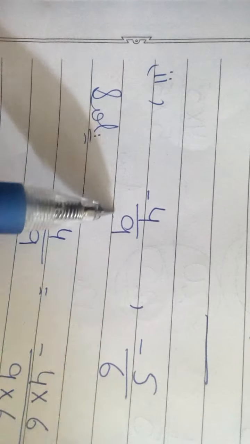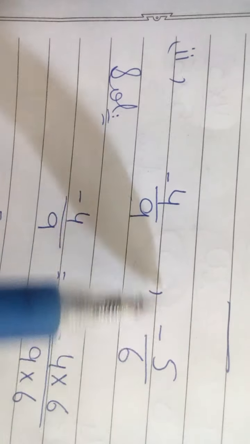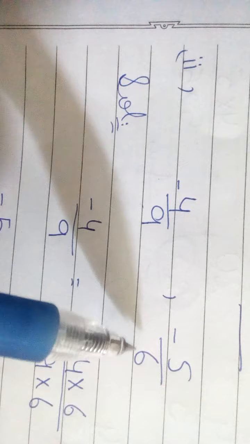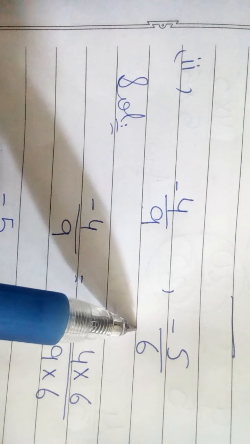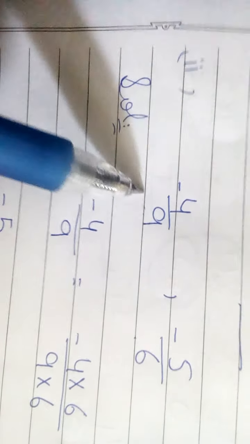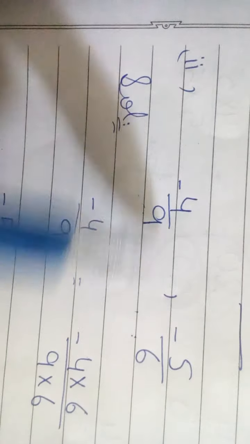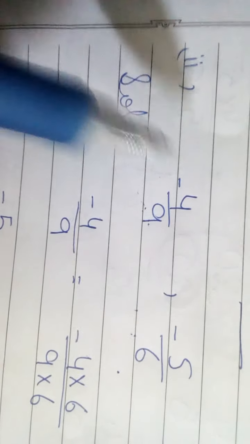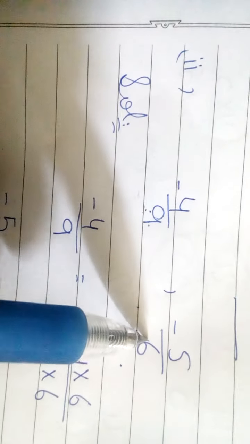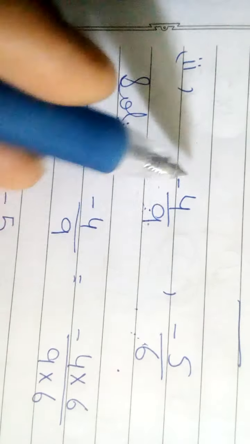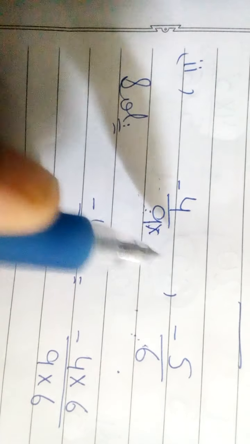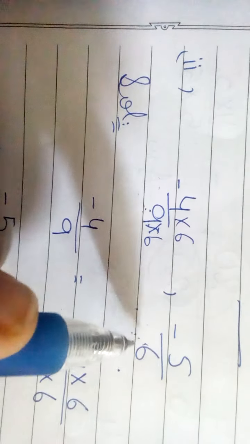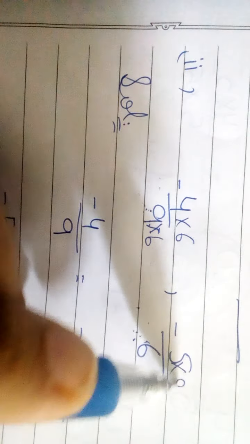Second is minus 4 by 9 and minus 5 by 6. Most important, you check 9 and 6. What do we do? 9 and 6 are both different. First we have to make the denominators the same. So there is a 9 and there is a 6. How can we make the denominators the same? You can write up and down 6 here, and here is a 6, you can write up and down 9.